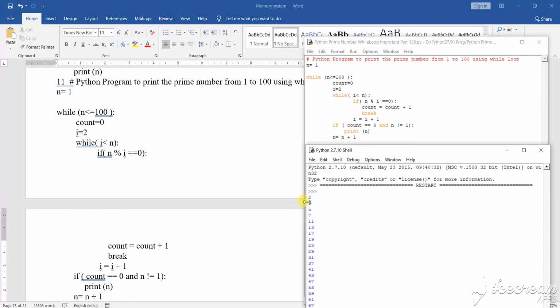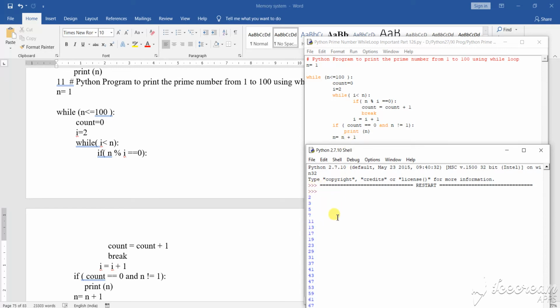So it is taking 2, because I have given it started with 2, not with 1, so it has started with 2. We have done the work. Well, the value of I is increased, I equals to I plus 1, and the value of n is also increasing. What is the value of n? I have initialized n as 1. Now n will become n plus 1, meaning 2.